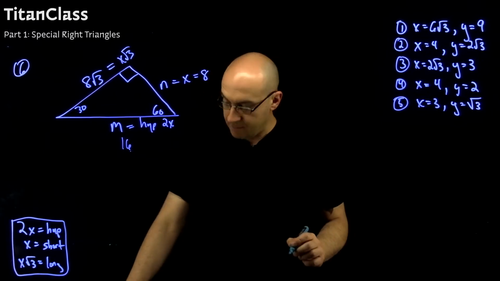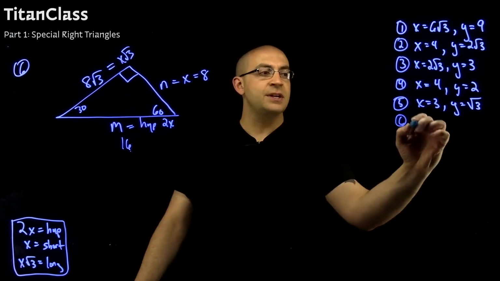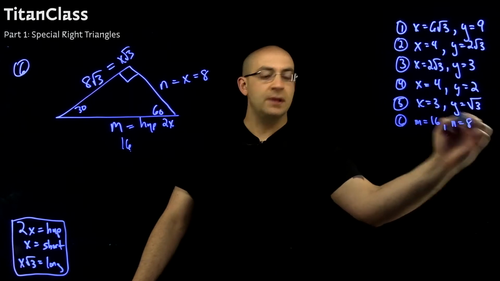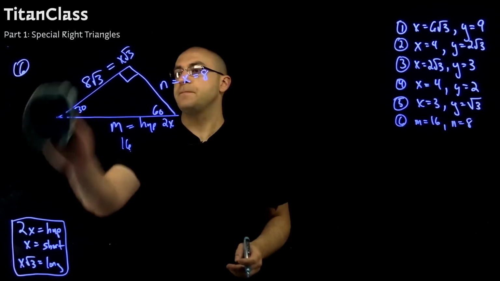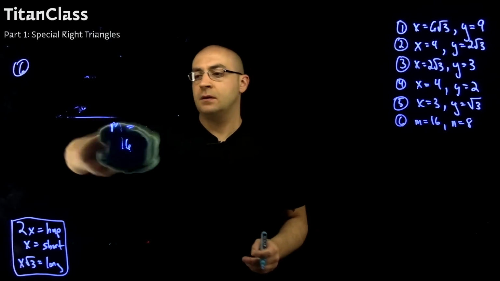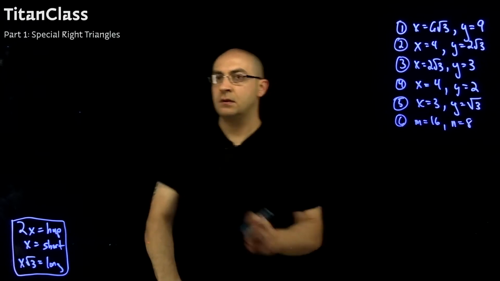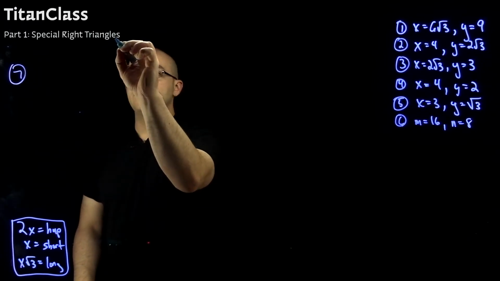So in this one, we don't have an x and a y, we have an m and an n. So for number 6, we have m is going to equal 16, and we have n is going to equal 8. Okay. Number 7. Okay, we'll go back to